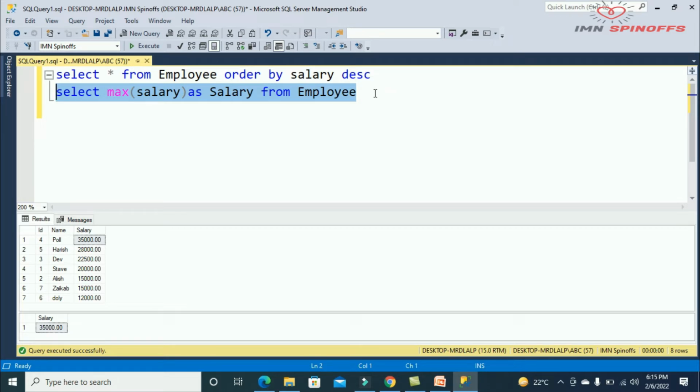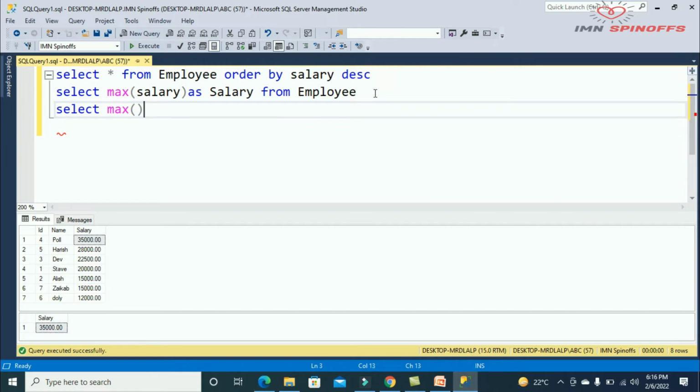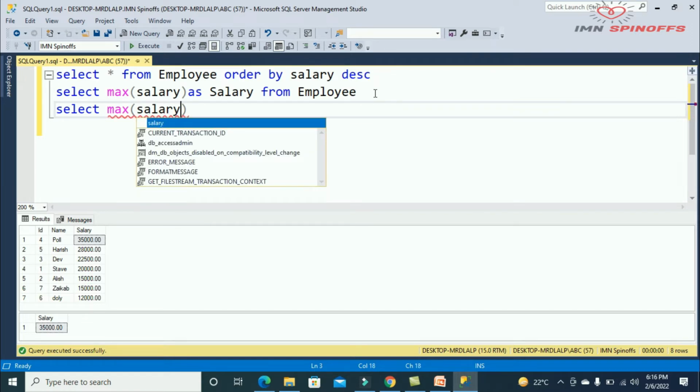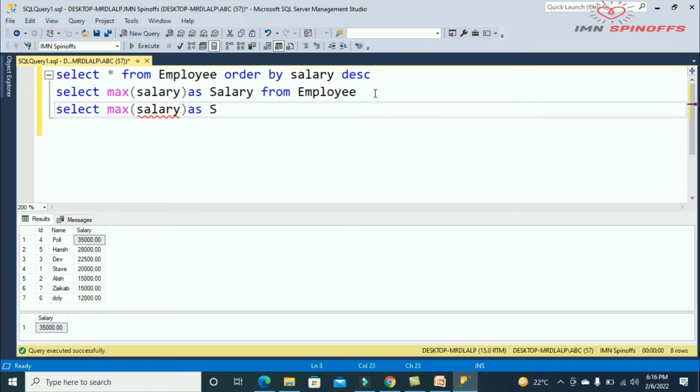If someone asks you how we can get the second highest salary from the table, I am going to write the query for the second max salary from the table. Select max salary as salary from employee where salary is less than, this is a subquery,